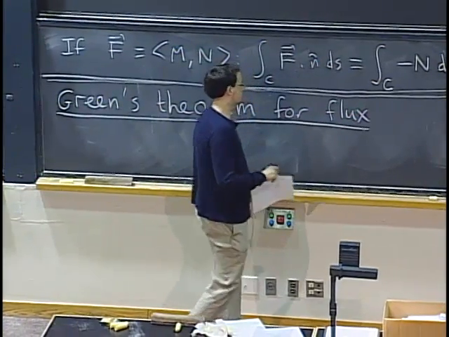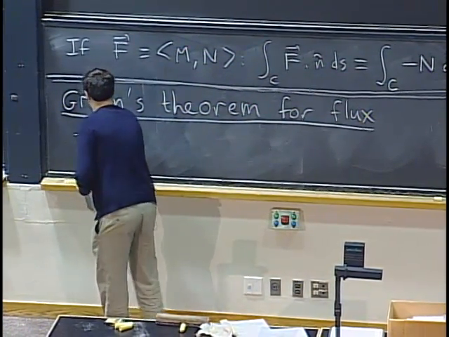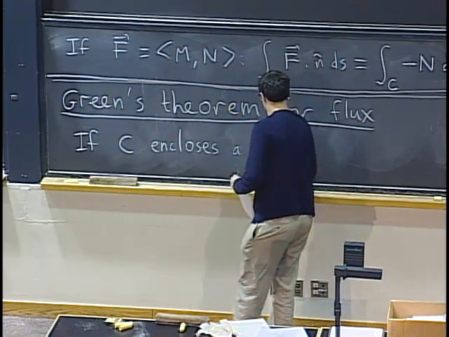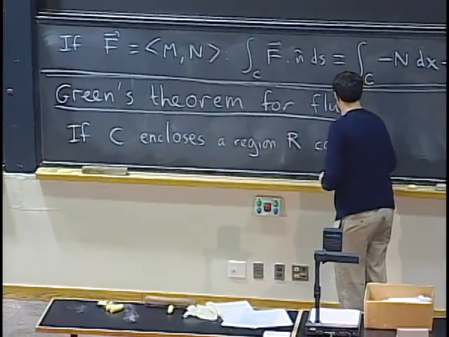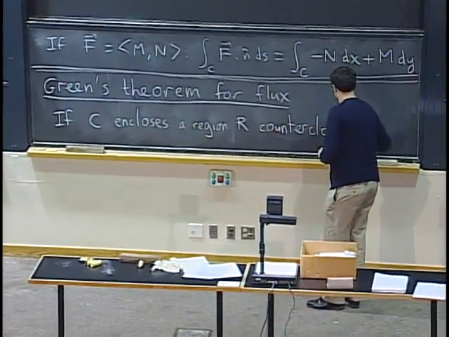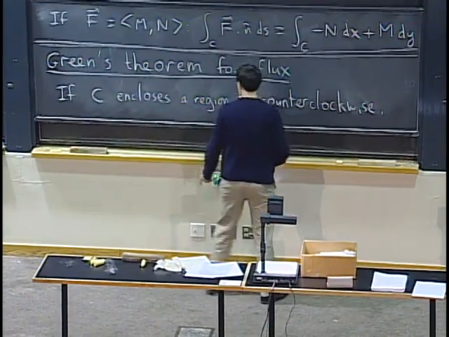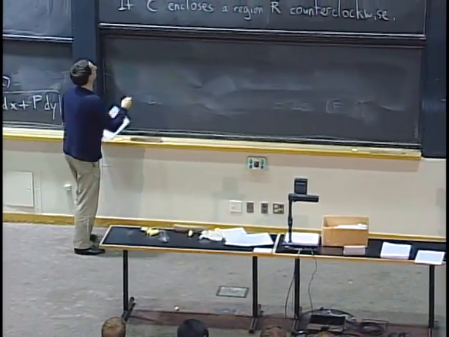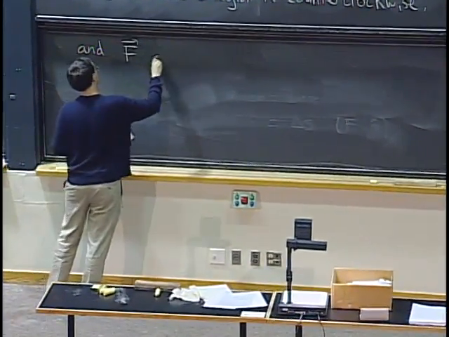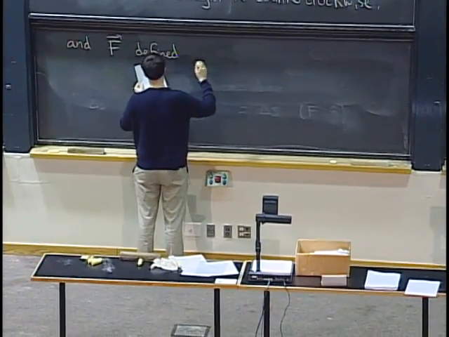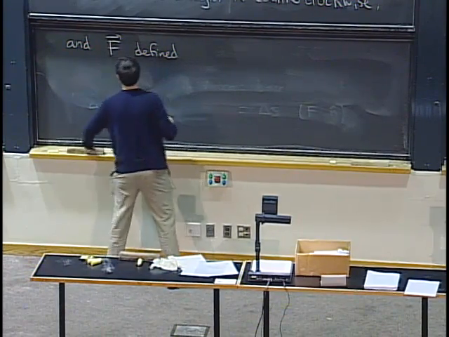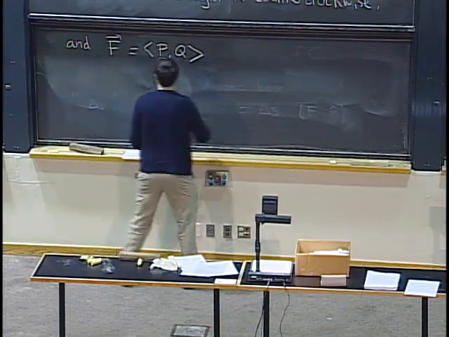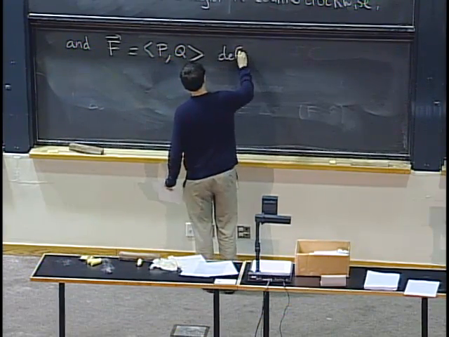Okay, so what does Green's theorem for flux say? So it says if C is a curve that encloses a region R counterclockwise, and if I have a vector field that's defined everywhere, not just on C, but also inside, so also on R, defined, well, and differentiable and so on, in R, well, maybe I should give names to the components. So if you'll forgive me for a second, I will still use P and Q for now. You'll see why. Is defined and differentiable in R,